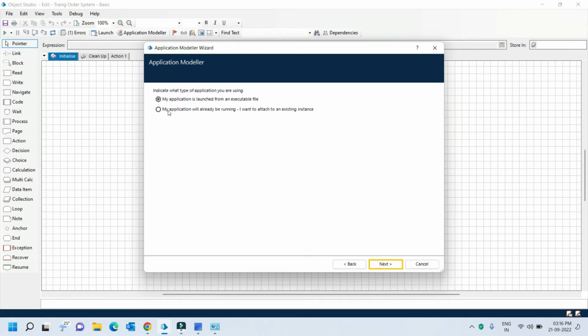Here there are two options. One is my application is launched from an executable file. If you have a file that has to be launched by using the exe file, at that time we'll use this first option. For example, MS Word, MS Excel, calculator, these are all exe files. You can select the second option if the application you want to interact with starts automatically along with Windows. In this case, we have to manually start the application, so I am going to click on the first option